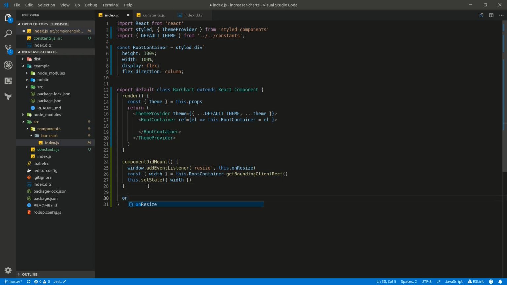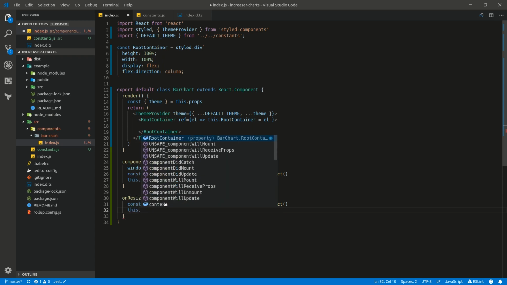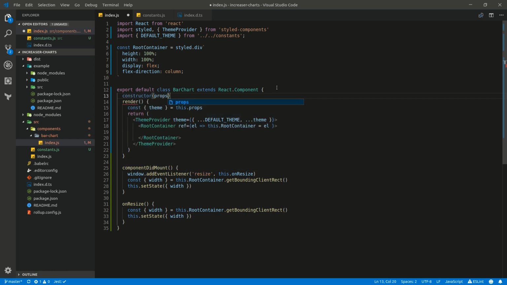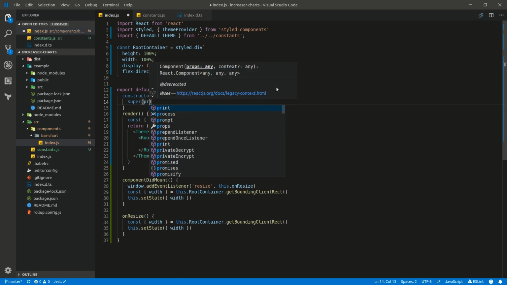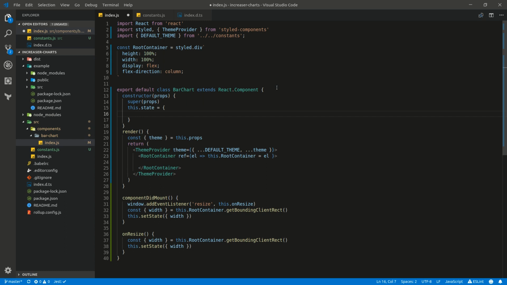Let's create now onResize method, and here we'll simply take root of our component, this root container getBoundingClientRect, and we are going to update our state, this setState, and width here, and we will also need constructor here, so we'll have state, props and like this, and this state, let's by default width equal to 0. Alright,